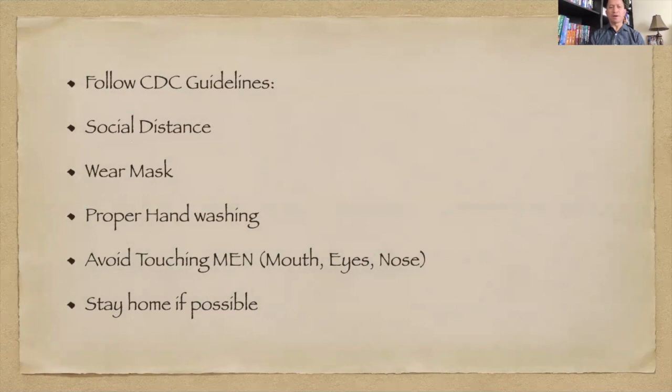Now, what is the general advice that we need to follow while waiting for medication and a vaccine for COVID-19? According to the CDC, we have to follow social distancing, meaning at least 6 feet apart. Avoid density, avoid crowded places like church. I usually go to church every Sunday or every other Sunday because I work every other weekend. For now, because of this pandemic, I try to avoid going to church.